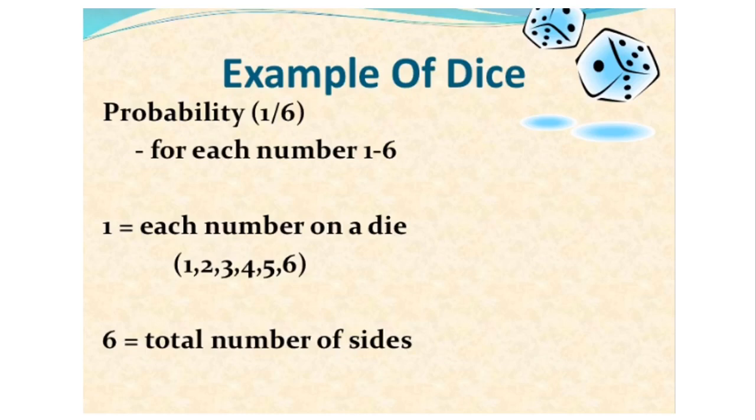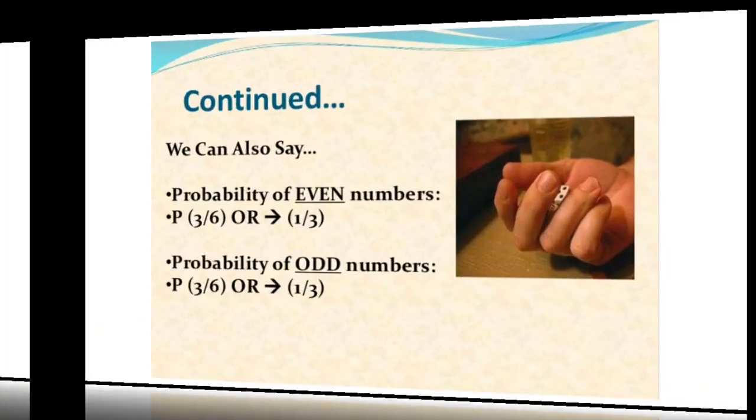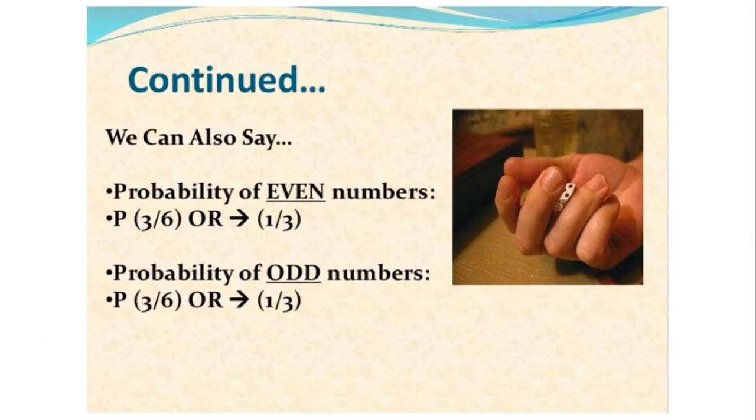So what is the probability of getting an even number? We have 3 even numbers: 2, 4, 6. The probability of getting an even number is 3 by 6, which is nothing but 1 by 2. Why 1 by 2? Because every fraction should be in simplified form. Now here we have some examples you can easily understand as you go through them, either